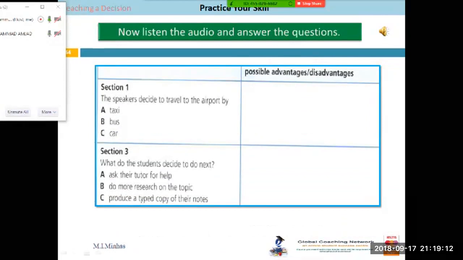Recording 26. Section 1. How are we going to get to the airport on Monday? Shall we get a taxi? It would be nice and convenient, but the fare is so expensive. That's true. Well, if you want to save money, we could always take the bus. It might be cheaper, but the bus doesn't start running until 7 o'clock, and we need to be at the airport by 6. I'll ask my sister if she can give us a lift. That would be great if she could drive us. Yes, I'm sure she won't mind.